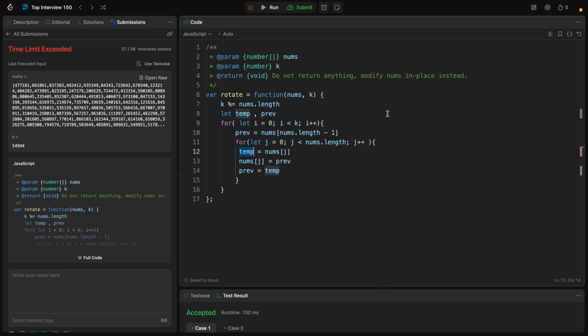And the result, after completing the outer loop, is that the array nums is rotated k times to the right. Each rotation shifts every element in the array one position to the right, with the last element moving to the front of the array. So this is how it works, and I highly recommend you look at the code and try to type it by yourself. It's really important. And if you don't understand anything, or if one line seems hard to understand on my side, just feel free to give me a comment about that,